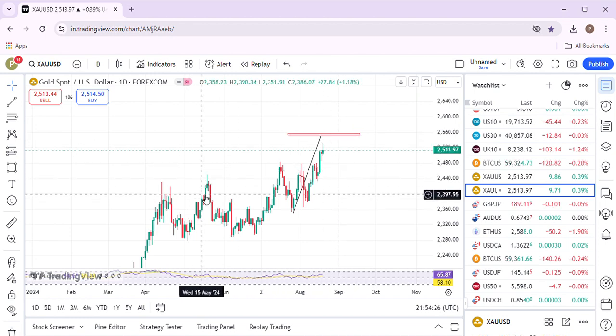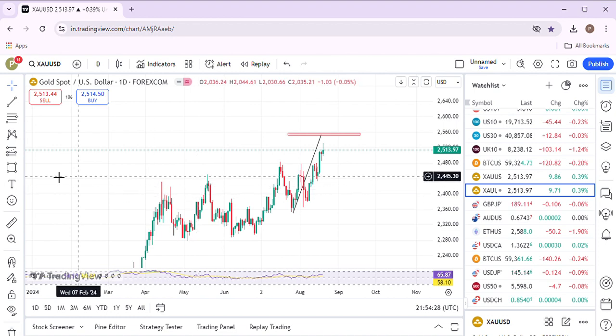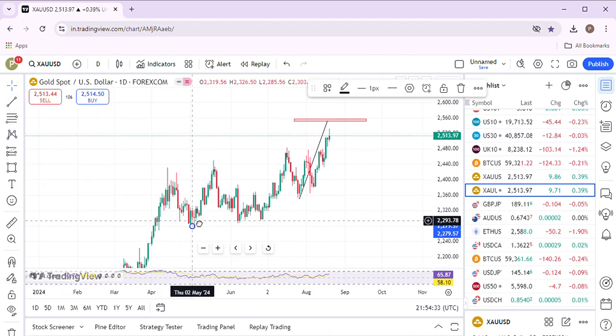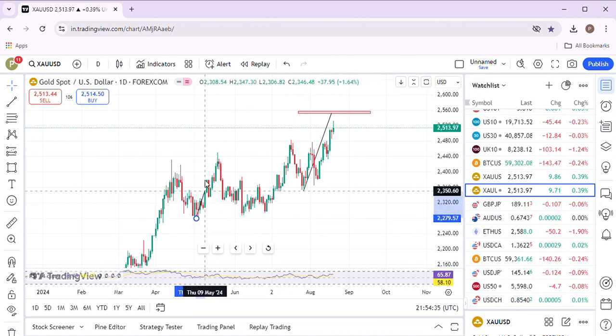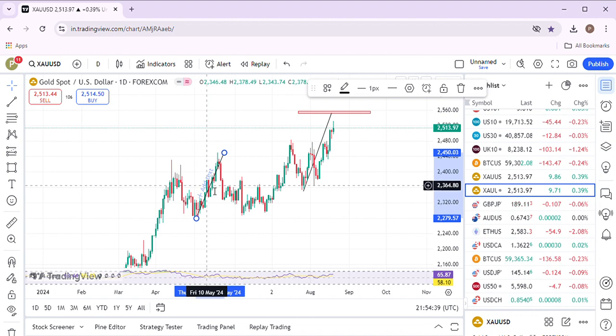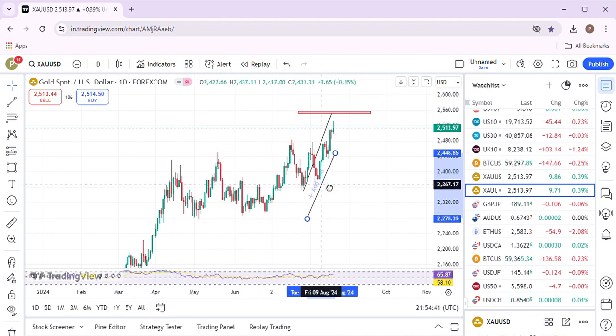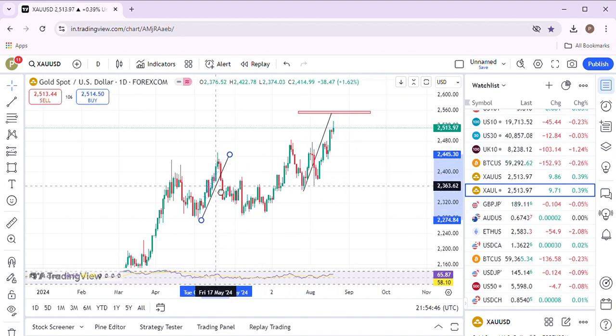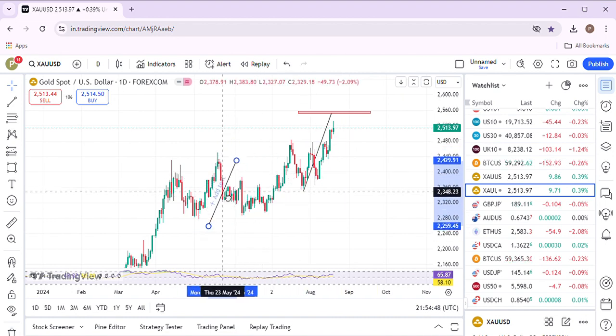the 61.8% retracement, and the price is 2383, right my friends? The price is 2383. Now here I want to add one thing. Most of the traders ignore it. Whenever you take a trade, it should be with the trend. We cannot leave the trend.